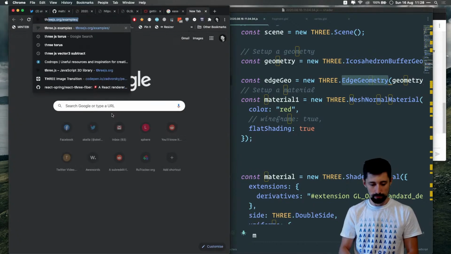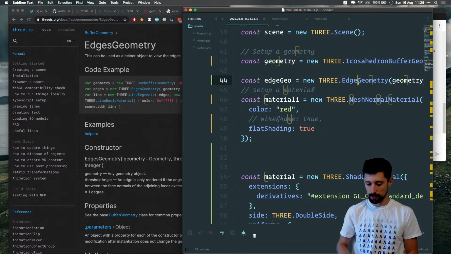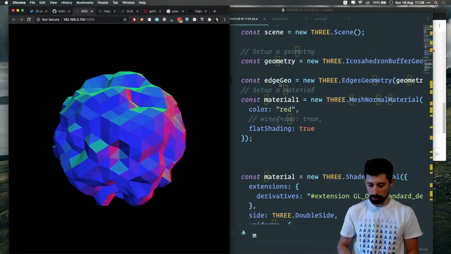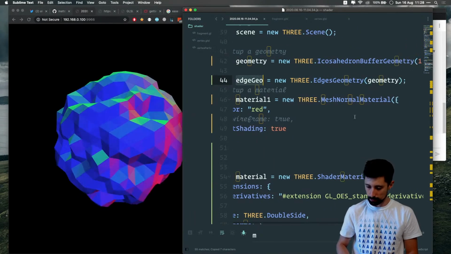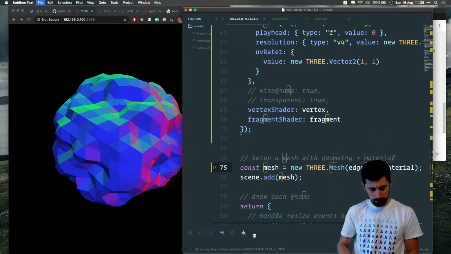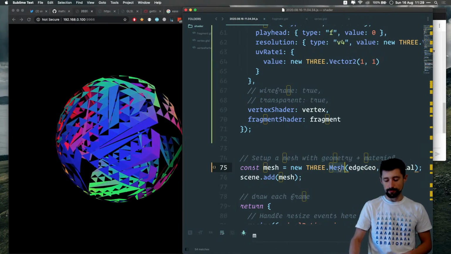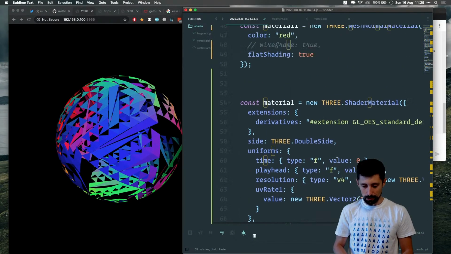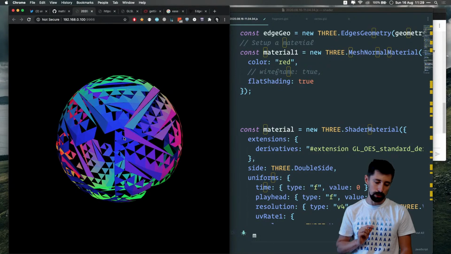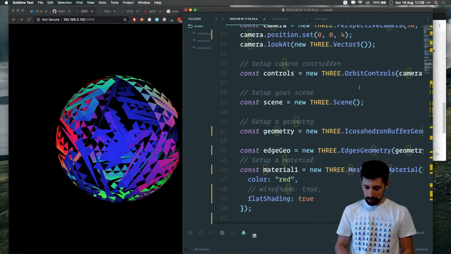Did I mess up? Okay. Gotta Google that stuff. Edges geometry. Again, with GPT-3 integrated, should have fixed this mistake. And then, well, I could actually try to use this geometry right away and see something. It doesn't look good because we're using the mesh, so let's not do it this way, because it randomly connects all those edges geometry parts into triangles, and we can see some contemporary art thing, which is